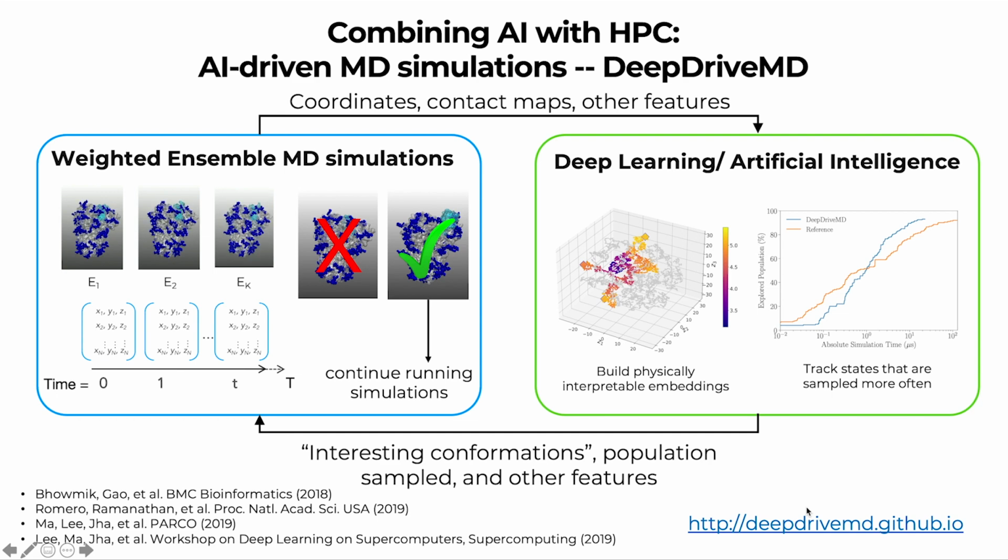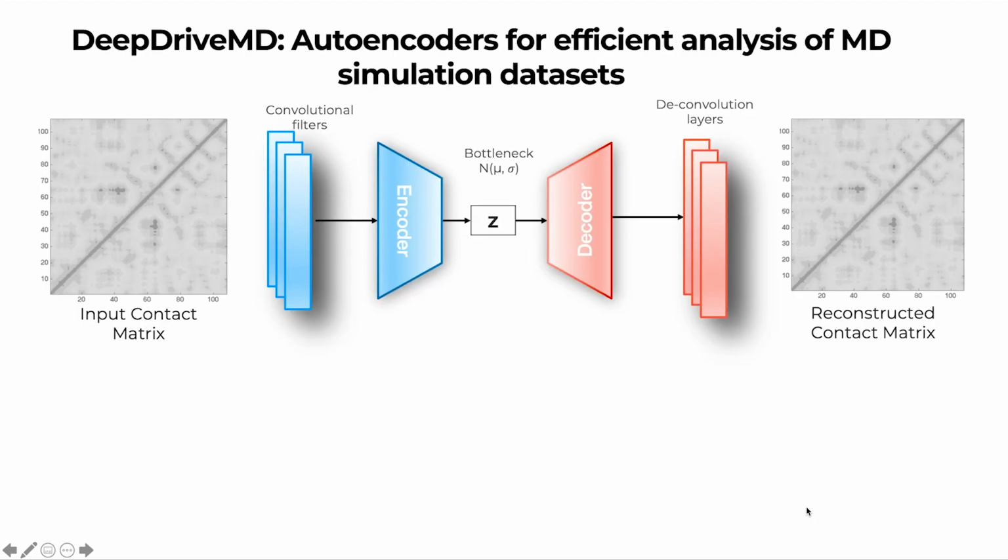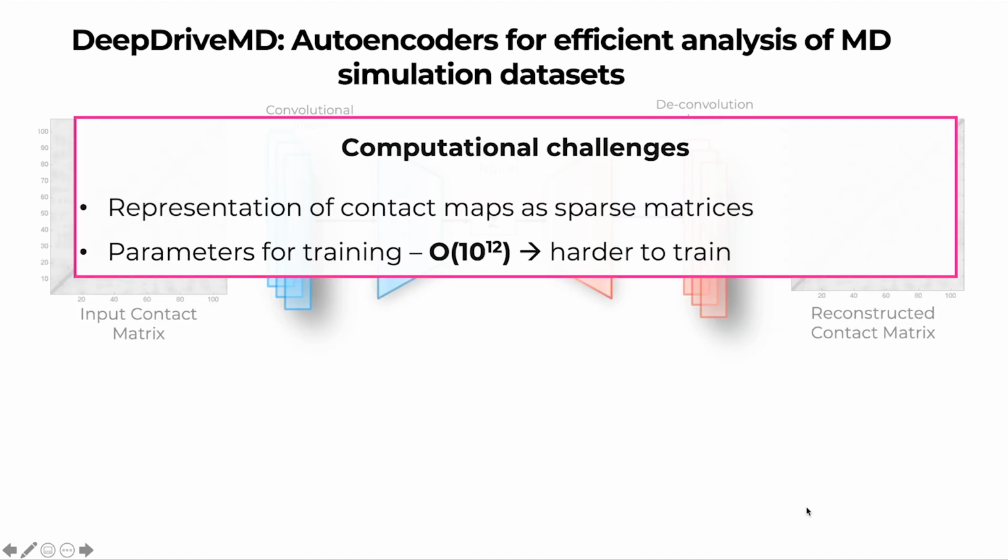The traditional approach to analyzing this data was using autoencoders. These autoencoders took the trajectory data and built an image representation, specifically a 2D image representation, on which we run convolutional filters and encode that space using a low-dimensional manifold. Obviously, this brings about two main challenges: one being that we are using sparse matrices as inputs from these trajectories, and the other that for the spike protein, this amounts to about 1 billion parameters for training across the trajectories. This inherently means that it's very hard to train on such large trajectories.